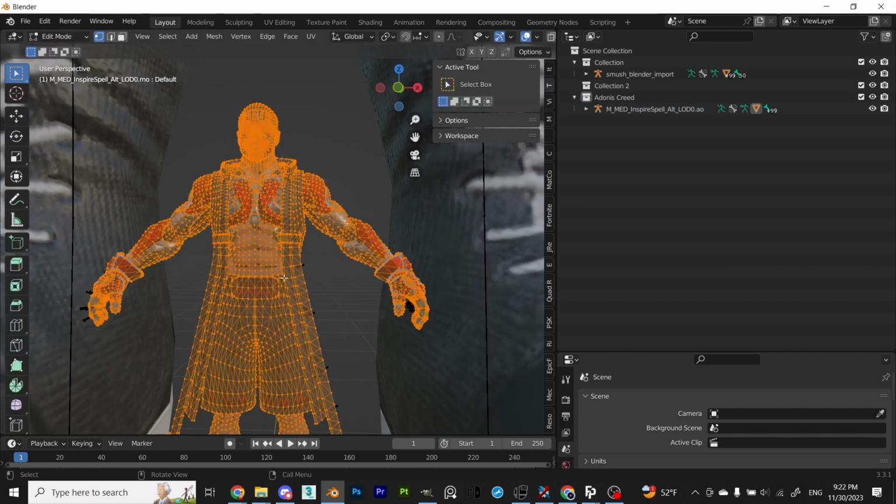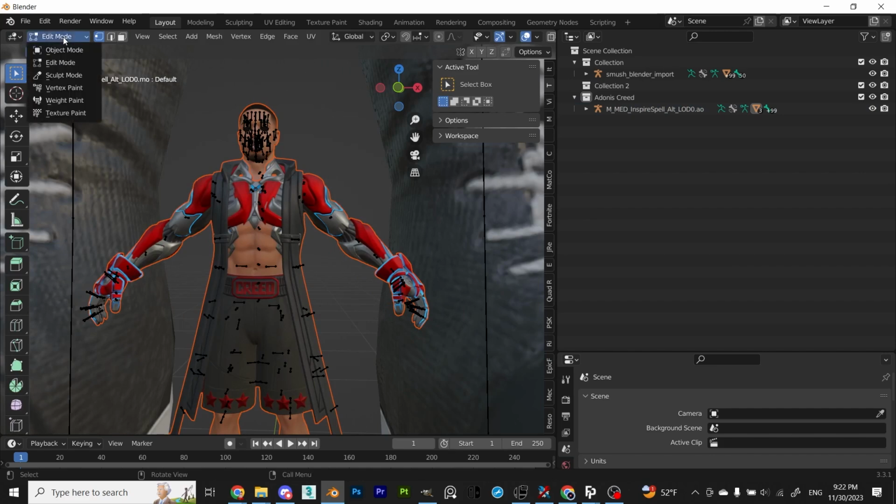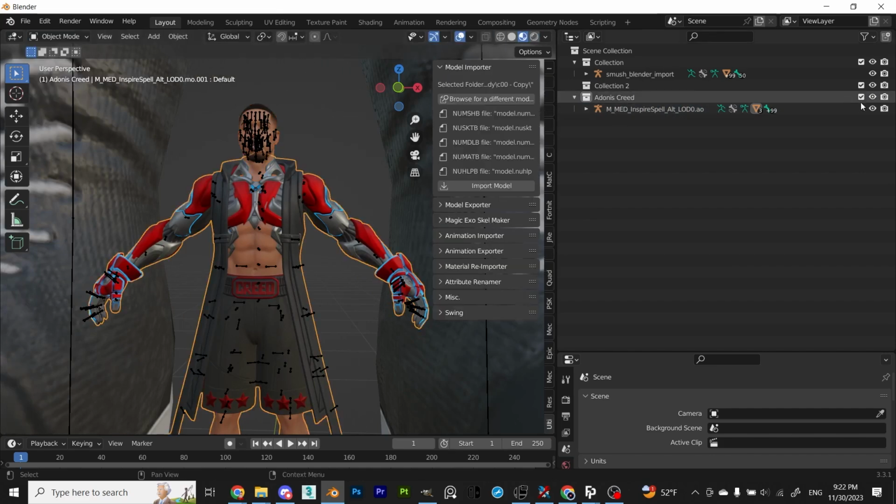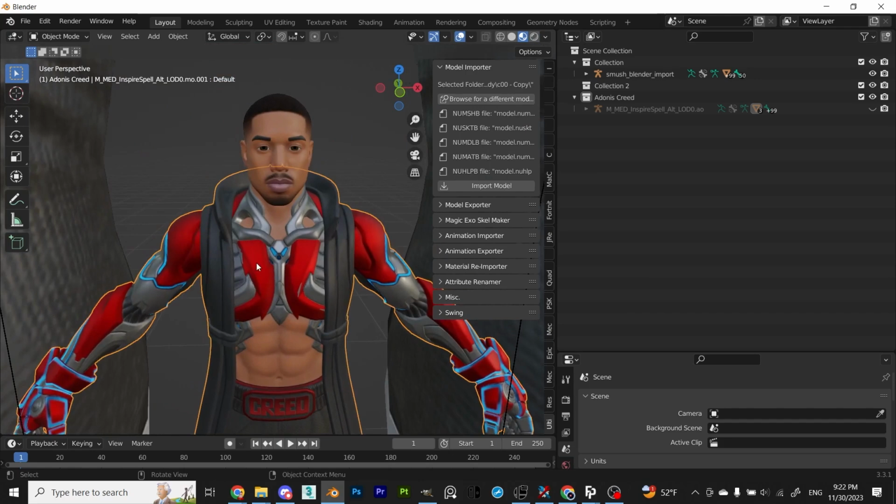So the first thing I did was separate parts of the Creed model because it is currently combined into one mesh. You can just go to edit mode on Blender and separate them by pressing P and doing it by material.